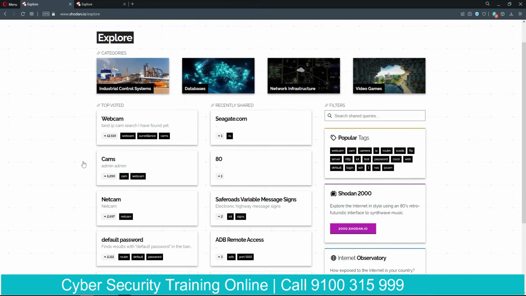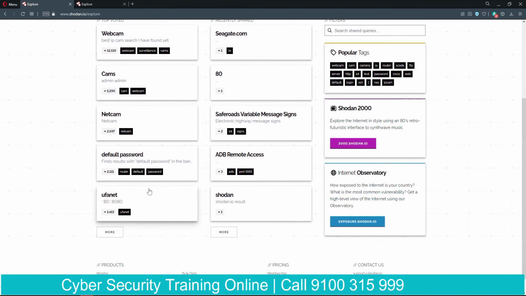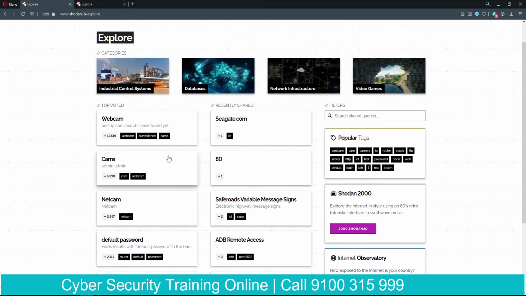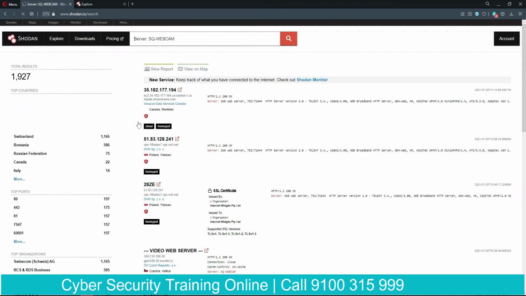or more specifically, let's say you want to find all the webcams which are connected to the internet, or the cameras, or the netcam, or you want to find the devices which have the default password set on the router. All you have to do is click on one of these, and then you will see Shodan has shown you results.